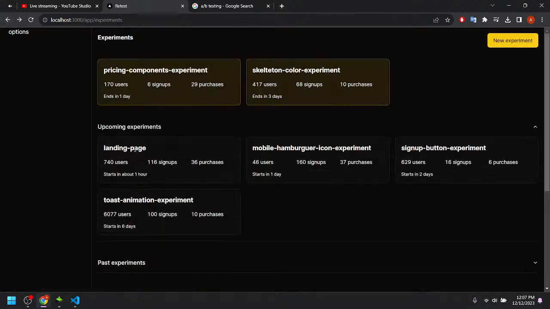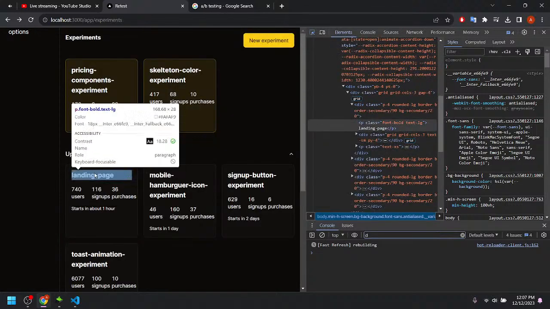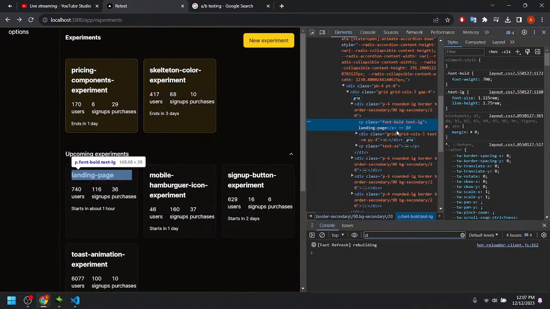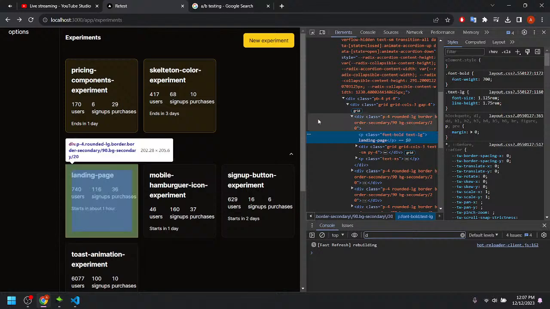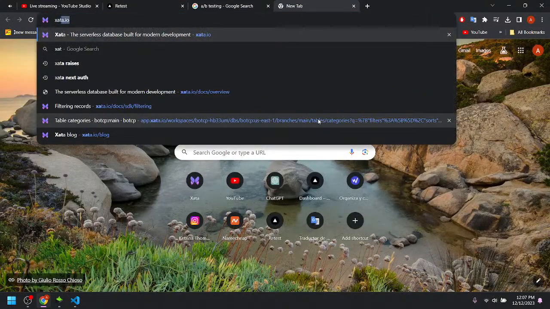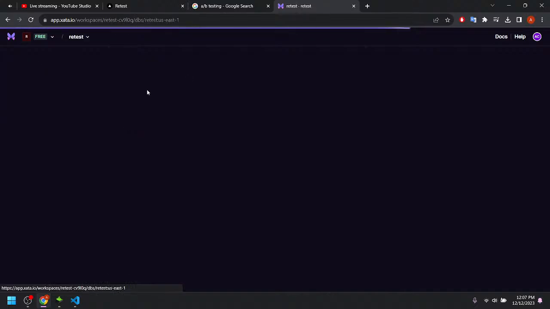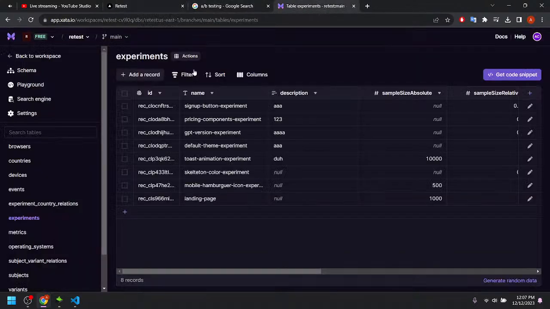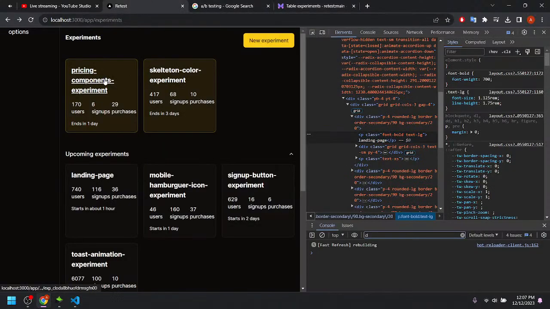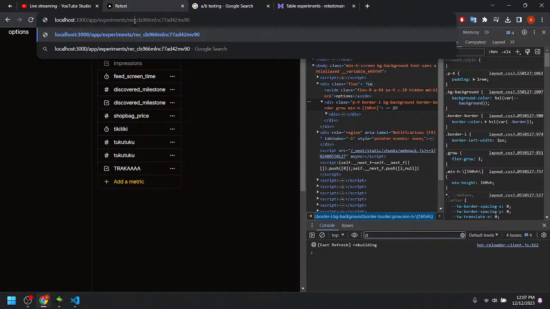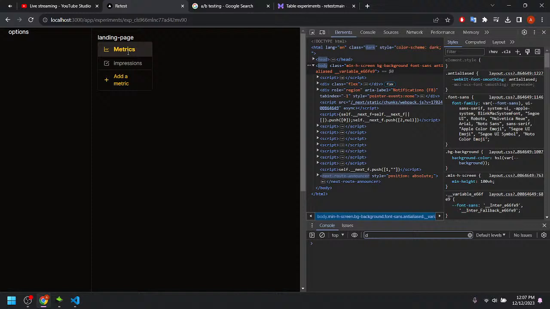Let's hard code this. No, we don't have the ID, but I'm using Zeta as a database. We can simply open the database and see the last element created. So here, and we can paste the ID here, and here it is, our landing page experiment.